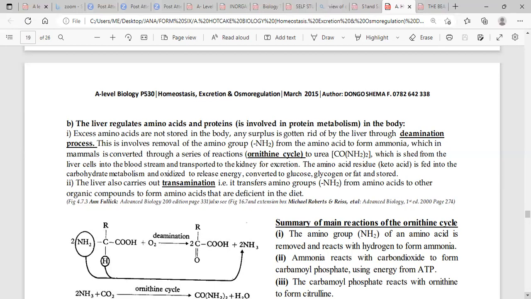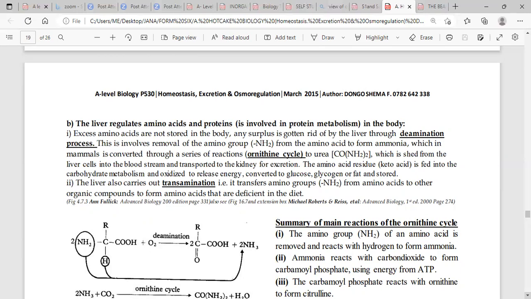So any surplus must be removed, and the liver performs this role through a process known as deamination. That is the removal of an amino group from the amino acid to form ammonia. That is the process of deamination. It is performed by the liver, where an amino group is removed from the amino acids to form ammonia,